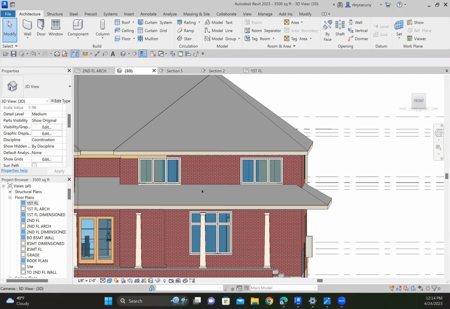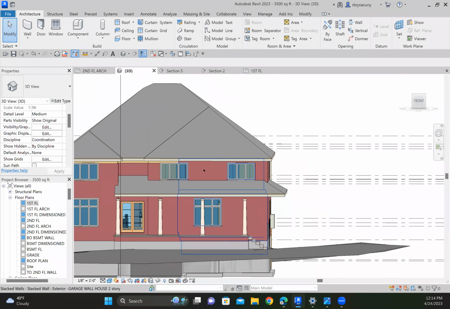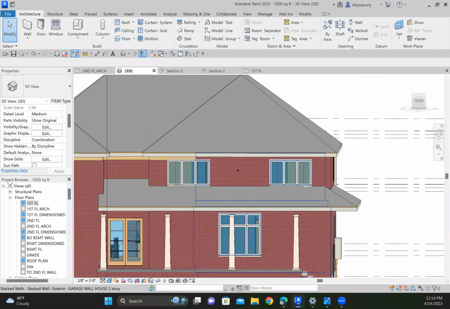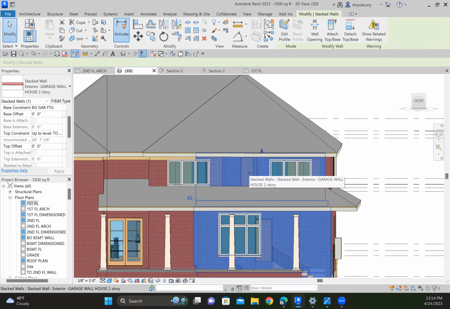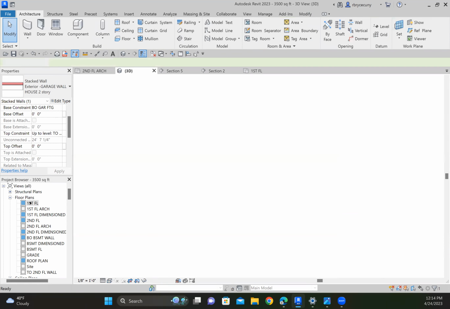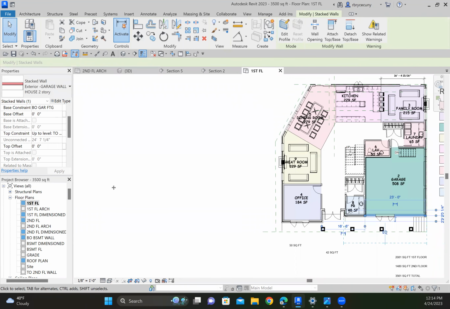This is an example of a modified stacked wall. I'm working on a project now, and I have this wall right here. Take a look at it, it's highlighted. And one of the nice parts about Revit is if I go over to here and say I want to look at the first floor wall, you'll see that